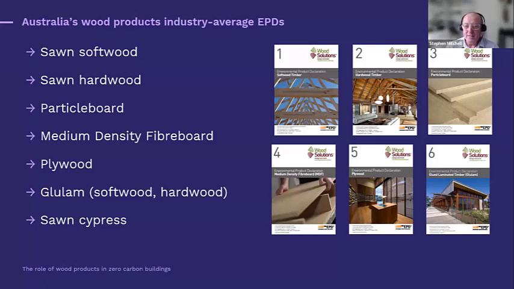industry average EPDs for the Australian timber industry: sawn softwood, hardwood, MDF, hardwood, particle board, glulam, sawn cypress. We're just updating a few of these at the moment, the hardwood, MDF, particle board, and plywood ones. As I said, they're valid for 5 years, so they came to the end of their validity period last year. So we're getting those updated numbers. Now those numbers should improve given energy efficiency gains. So you can still use the data in them, but we're just saying the data is being updated at the